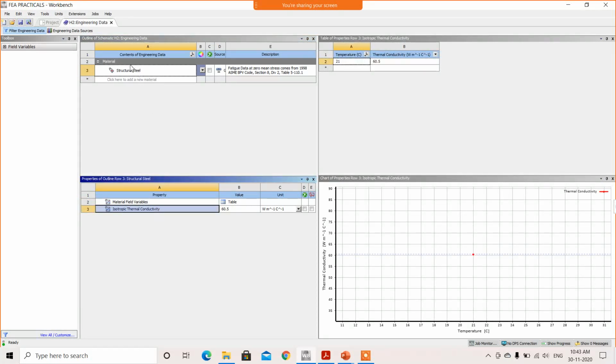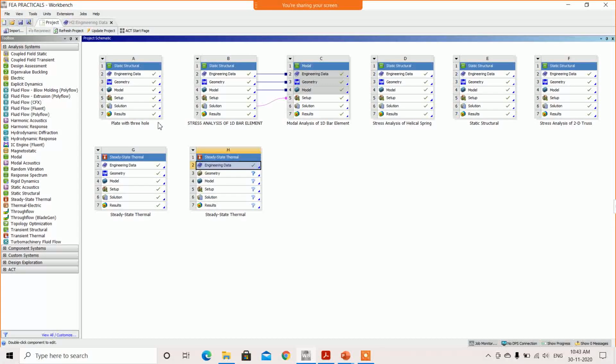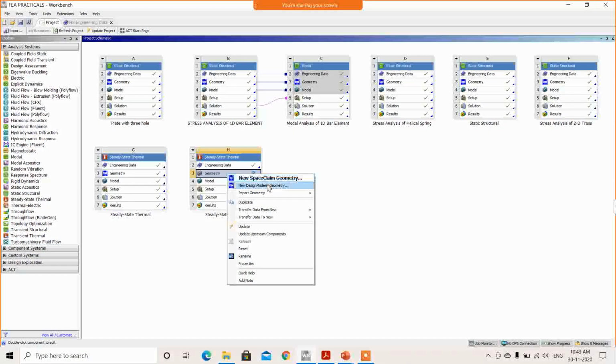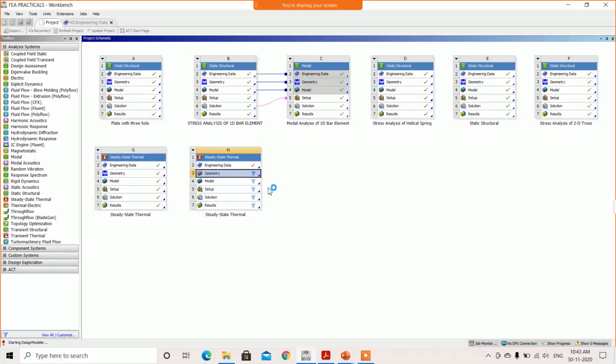So, we are going with the static structural. Just click on the project, you will come back to the project schematic. Then simply right click on the geometry and click on new DesignModeler geometry. The DesignModeler will open.